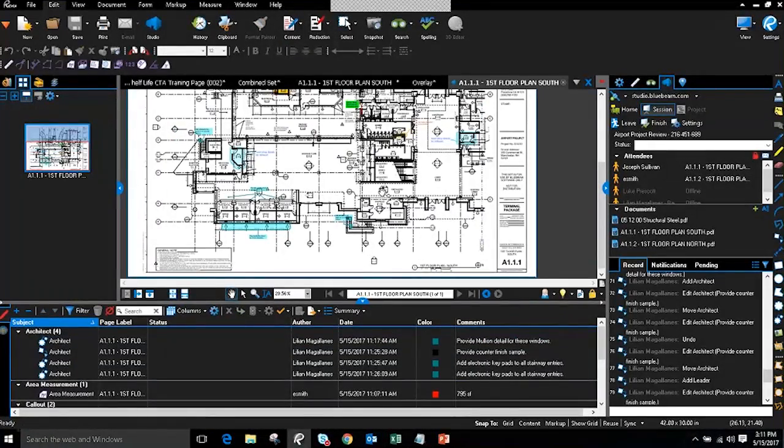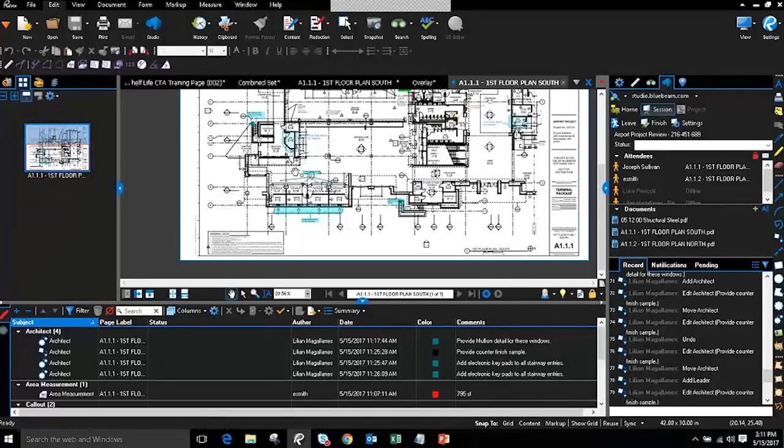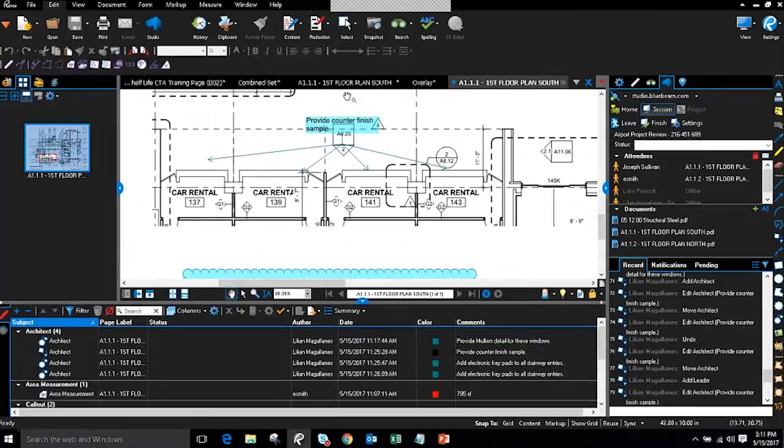However, we know that there are issues that can come along with getting, say, 10, 15, 25 people all in one space to mark up the same drawing. And that can be a lot of crossed wires, the possibility of deleting markups, editing markups that maybe you shouldn't be editing or changing. So keep in mind, while you are in a Studio session, if I check out this